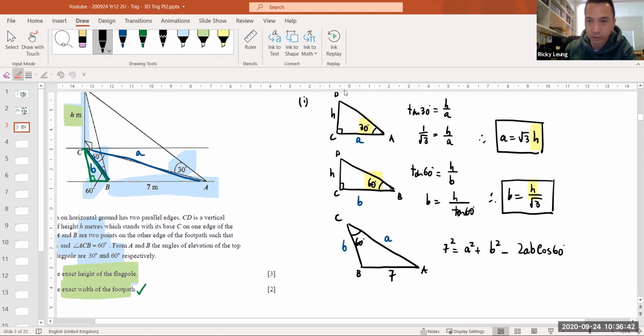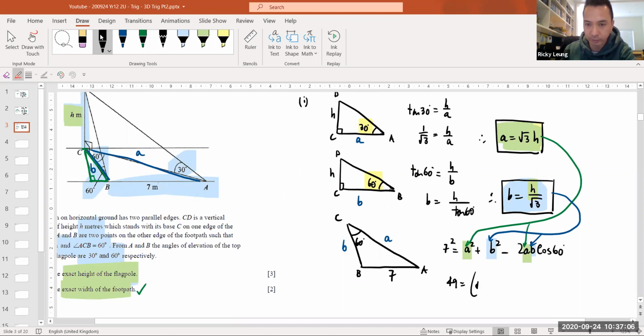So let me highlight this in green, sub that into a and a. Highlight this in blue, sub that into b and b. Just to be absolutely clear, this is coming in here and coming in here, while the blue is coming there and there, right? So that's 49 equals a squared plus h on root 3 squared minus 2a